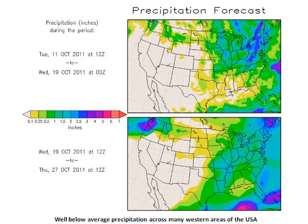And finally, there's an interesting signal continuing today as well from many central and particularly western areas of the United States, perhaps with the exception of the Pacific Northwest, that over the next 7 to 14 days, precipitation totals are forecast to be well below climate averages. Many western areas of the United States may well experience little or no measurable rainfall for the next 2 weeks, with precipitation totals comfortably less than